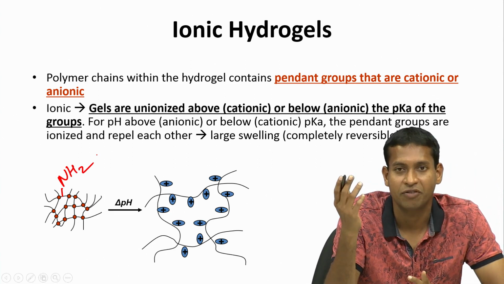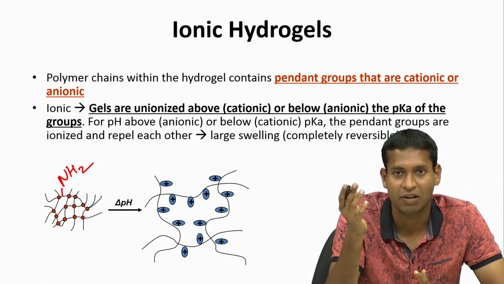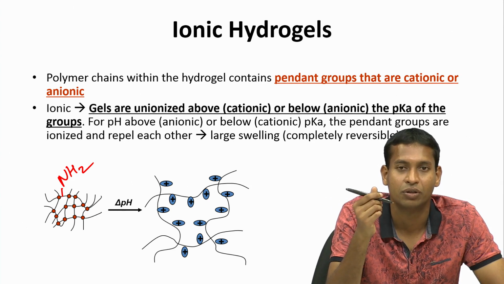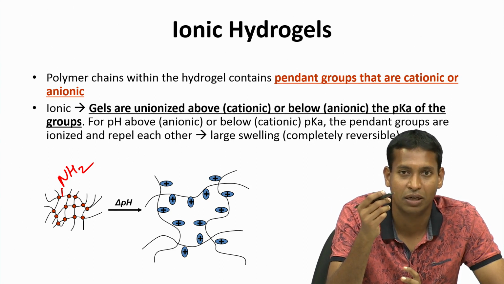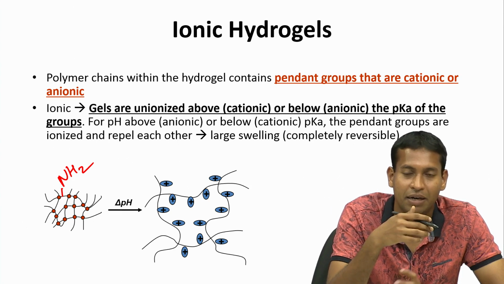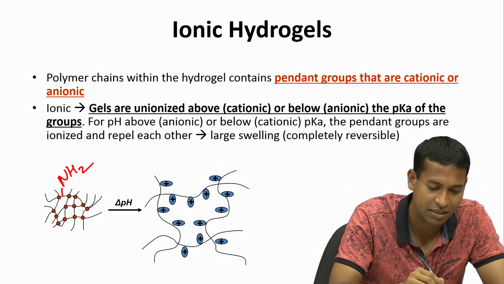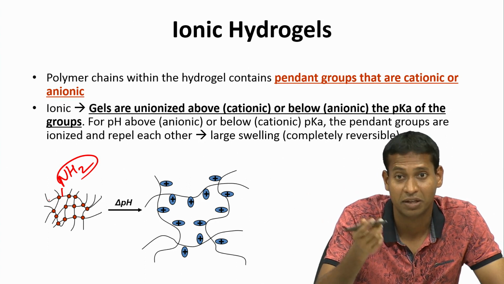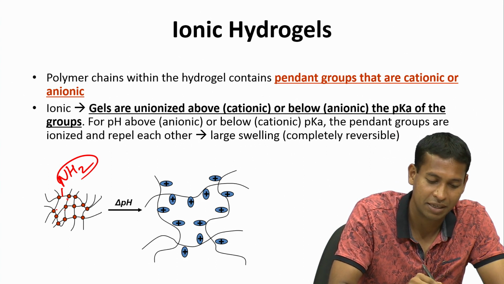At a pH of 7 we know that typically amines will have a pKa which is much higher than 7. So they may be charged, and then once the pH has dropped a little bit, the charges may change, and since there are lots of amines and they will start repelling each other if they are similarly charged, then the cross-link distance will increase,